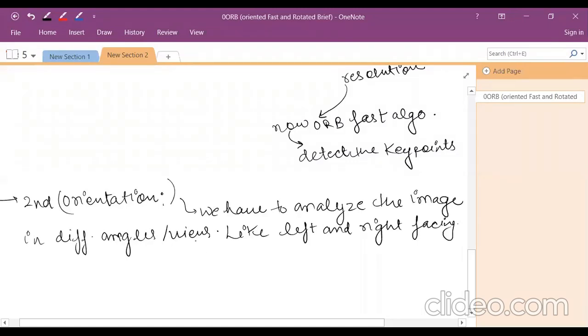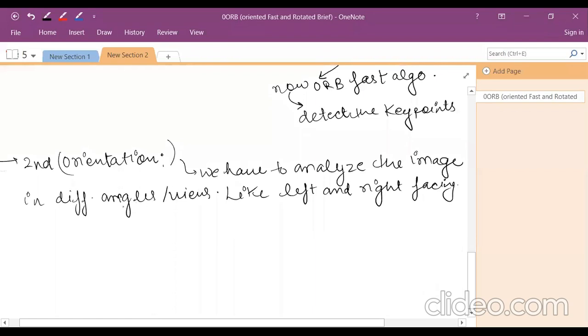So it means the overall theme is we have to detect